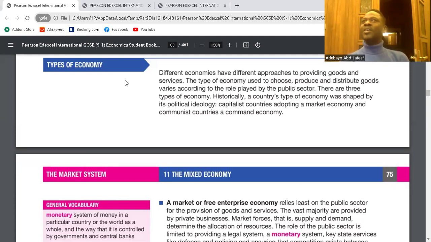Did you get it? When you look at capitalism, you may want to link it with aristocracy, but it's not the same. Aristocracy is when the country is ruled by the wealthy people. The wealthy people rule the country. For capitalists, what they do is they are the owners of wealth.